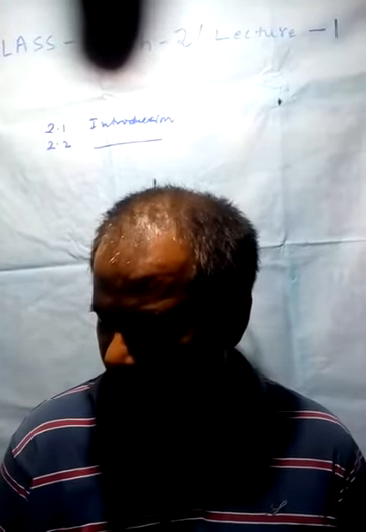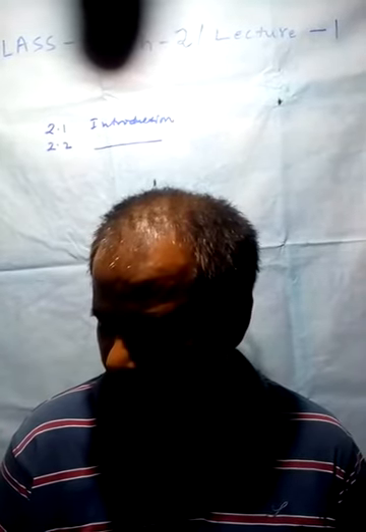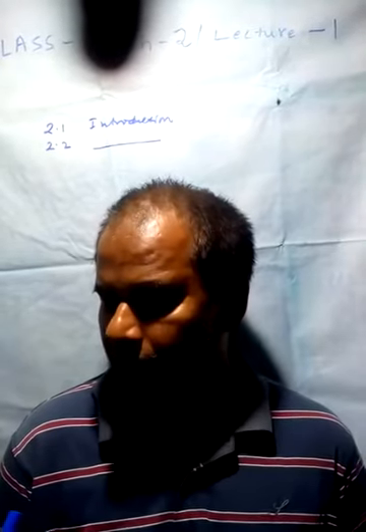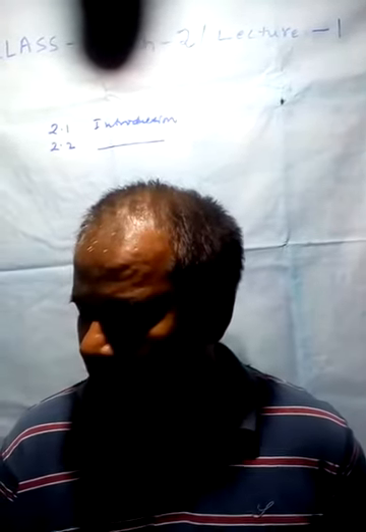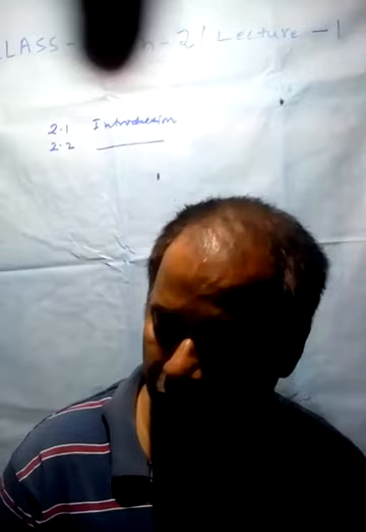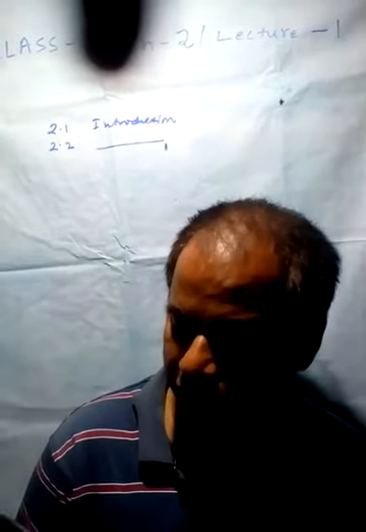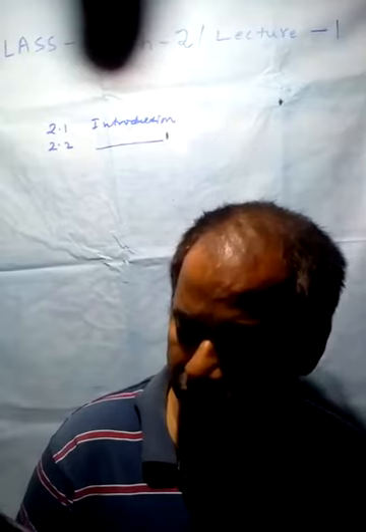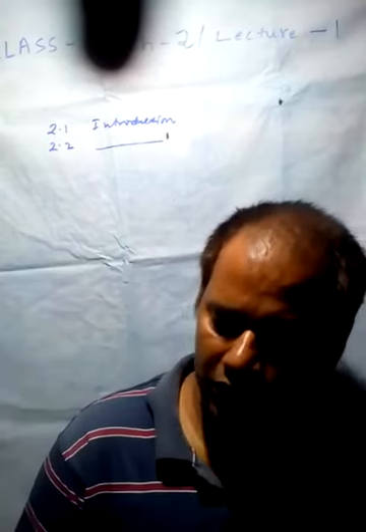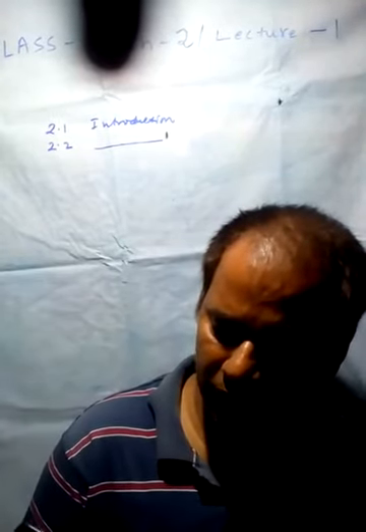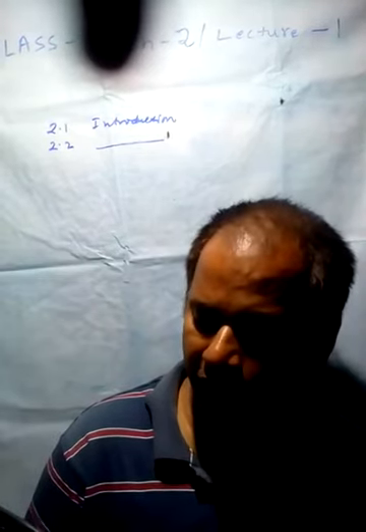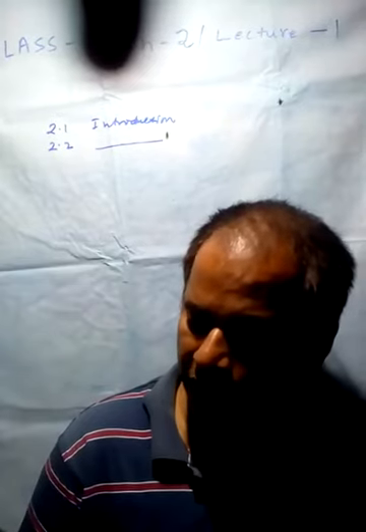Let us now find 3 into 1 by 2. We have 3 into 1 by 2 is equal to 1 by 2 plus 1 by 2 plus 1 by 2 is equal to 3 by 2. We also have 1 by 2 plus 1 by 2 plus 1 by 2 is equal to 1 plus 1 plus 1 by 2 is equal to 3 by 2. So 3 into 1 by 2 is equal to 3 by 2. Similarly, 2 by 3 into 5 is equal to 2 into 5 by 3 is equal to 10 by 3.